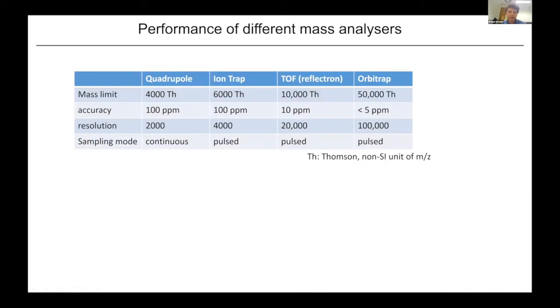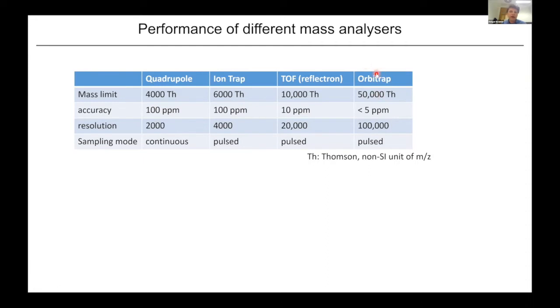So just to get a bit of a feeling for how these types of performance characteristics change with different types of mass analyzers, I've provided a list of 4 selected mass analyzers here that are relevant to the work that we do in the facility. They're the quadrupole, the ion trap, the time-of-flight device, and a specific version of that, which we'll go into, which is a time-of-flight device with a reflectron, and then the Orbitrap that we use for a lot of our